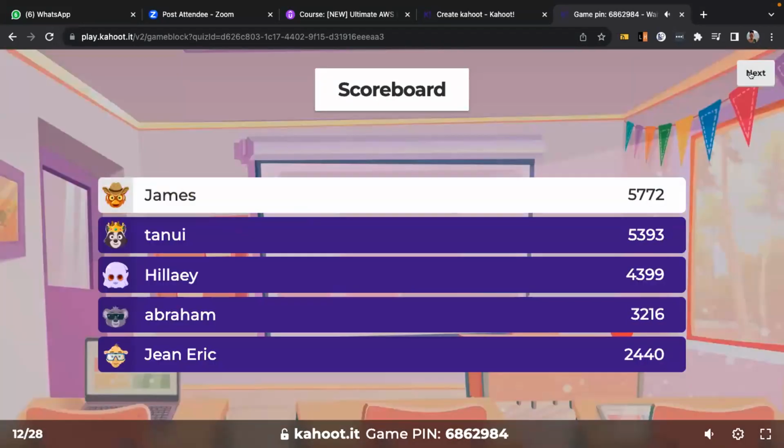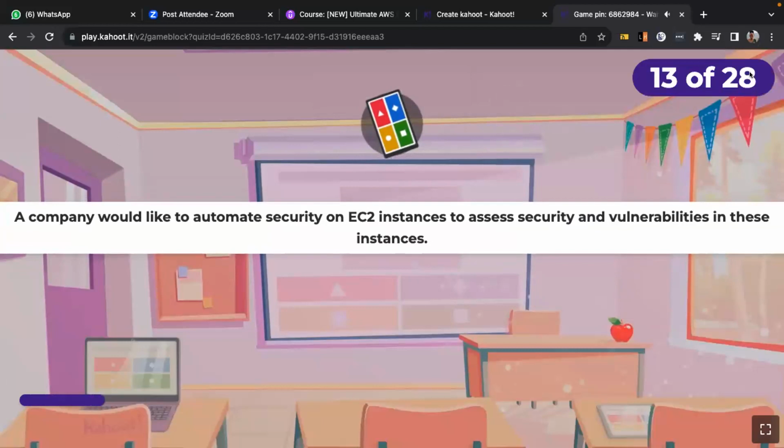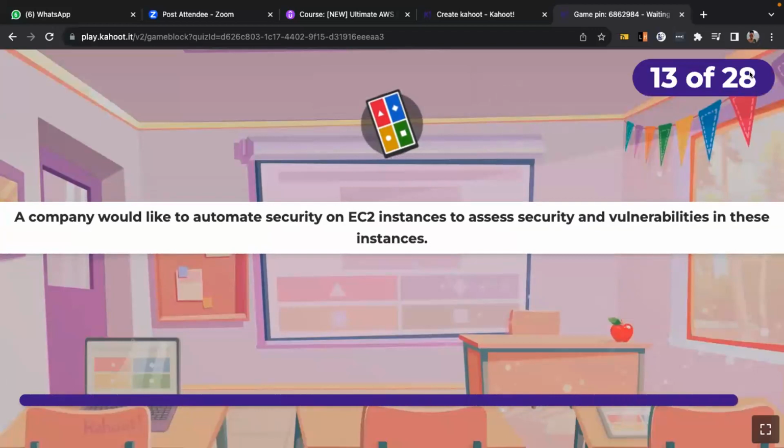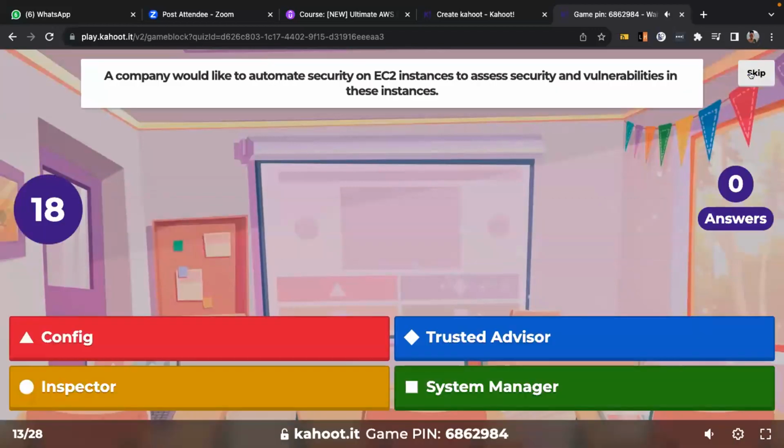So the next one: a company would like to automate security on EC2 instances to assess security and vulnerabilities in those instances.